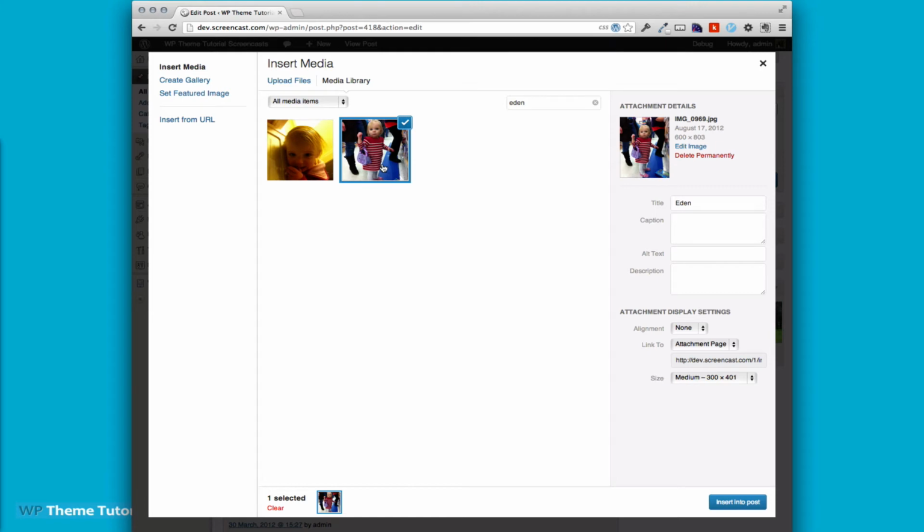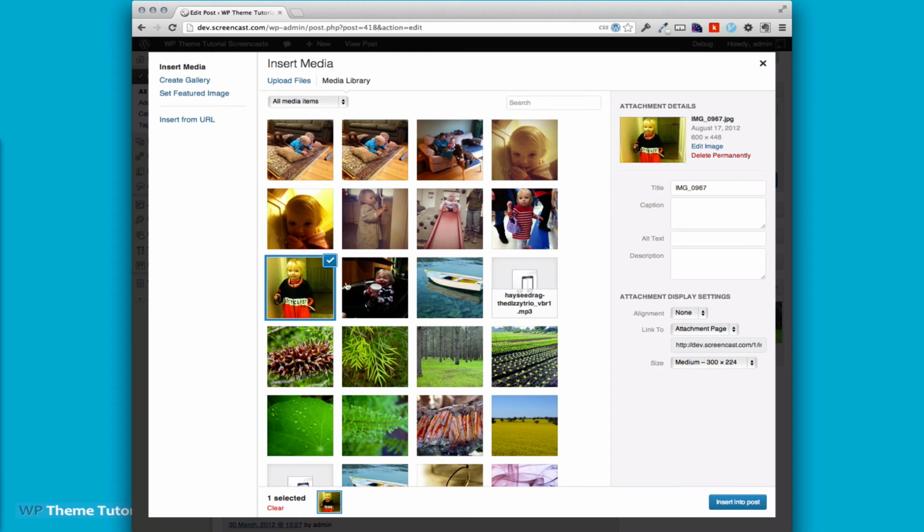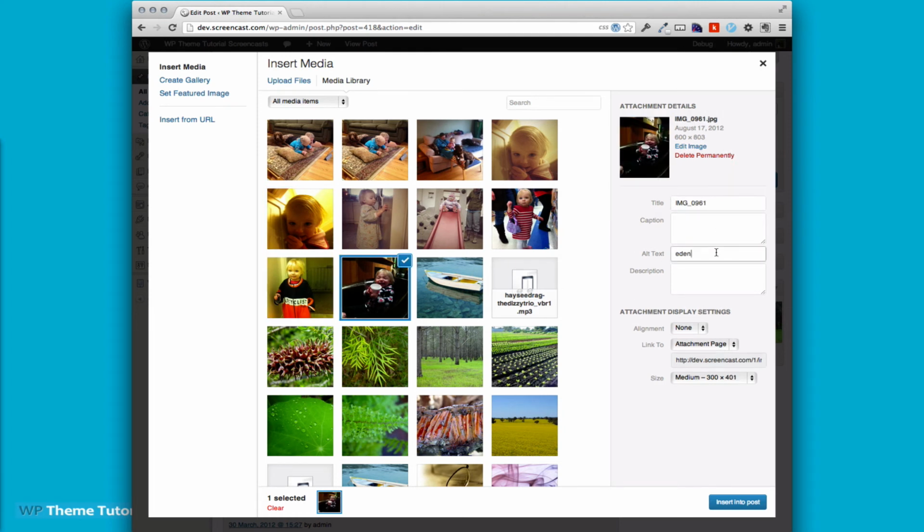Now, one thing to note is that it is searching against the title of the image and not the alt text. You see the alt text is not filled in here. But in this one, it's got both. There's a couple other images that I went through. You can see this one just has the alt text of Eden, but a different title. So if I change that and then searched Eden,